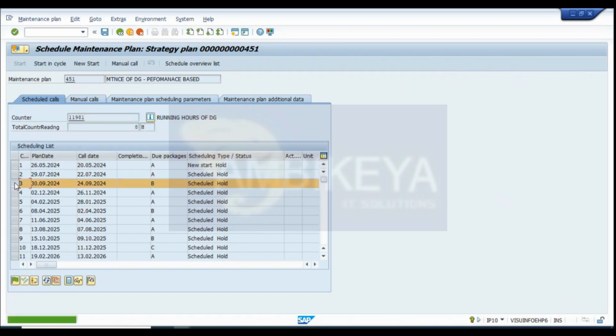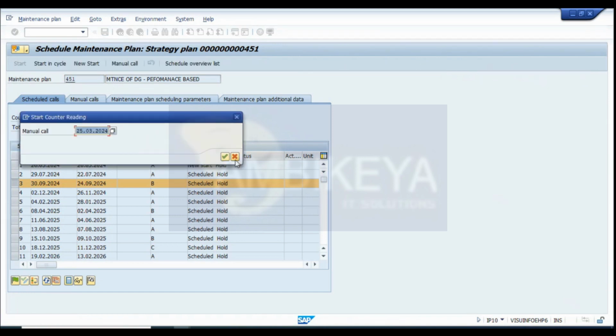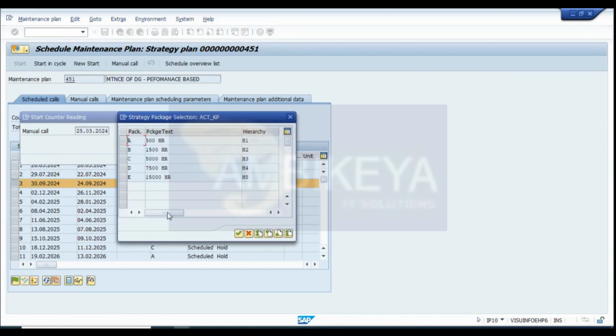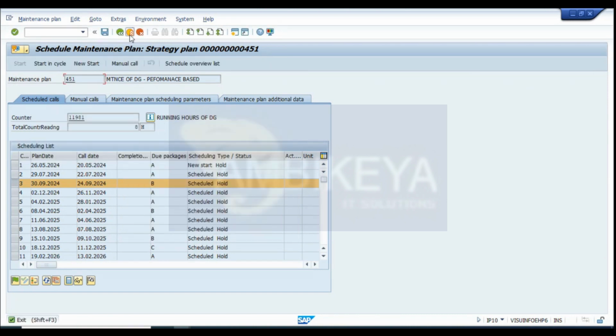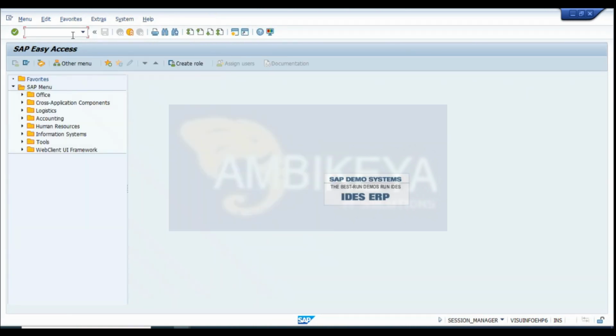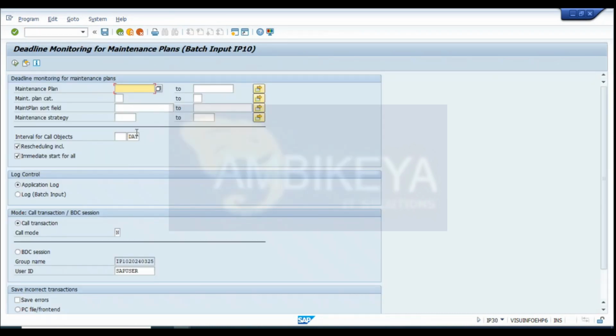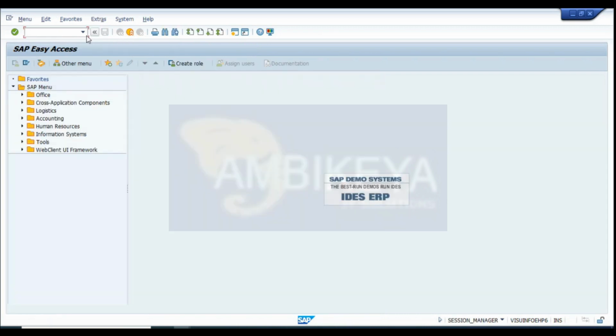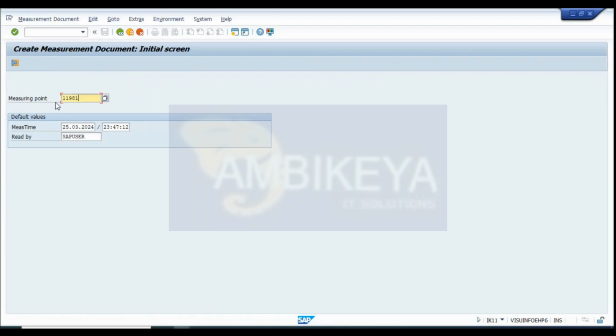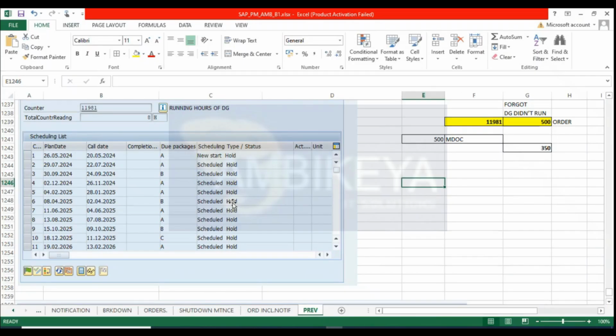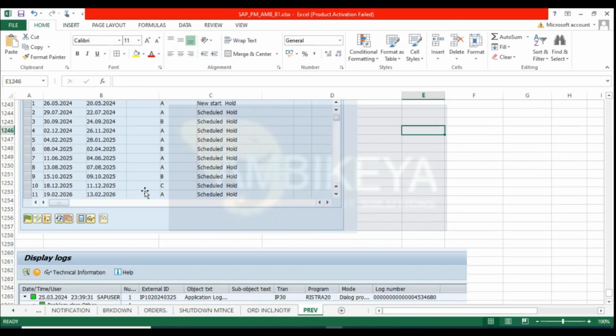You know, okay you have this manual call, whatever date like you want to go, you can go for this whichever package like you want to call it as, okay that is one option is there, and you can go for IP30, and of course here you can force it up number of days आगे करके, इससे अच्छा हम लोग इसमें ट्राई कर सकते हैं ना IK11 में, there is an option, see always your measuring time should be after creation of your maintenance plan, ठीक है ना, अभी वो इफेक्ट आएगा, नहीं तो इफेक्ट नहीं आएगा।